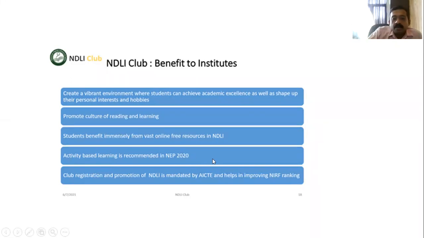It is taken by AICTE, and it definitely helps NIRF ranking and all other ranking purposes. So that's all for the institutes, and it also creates a knowledge asset for our institutes, and it can develop our culture of reading and habit.